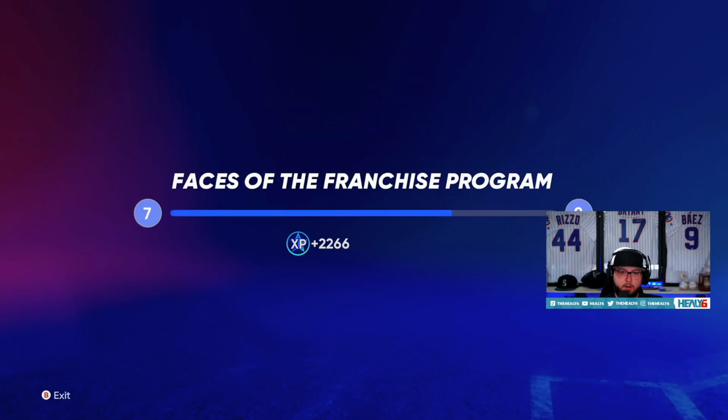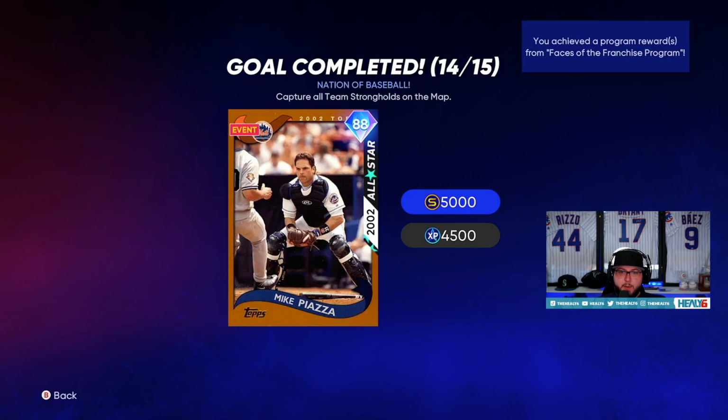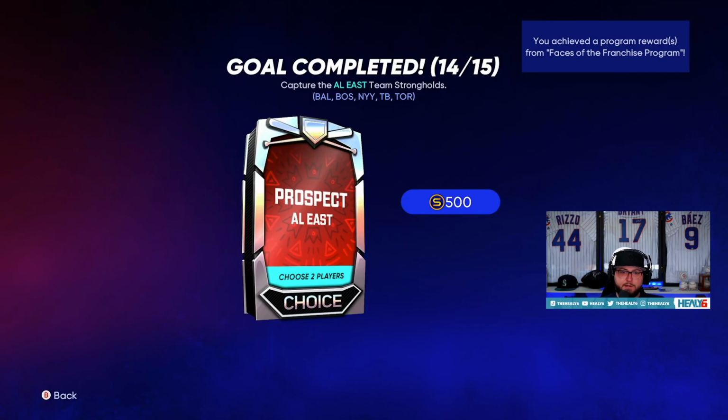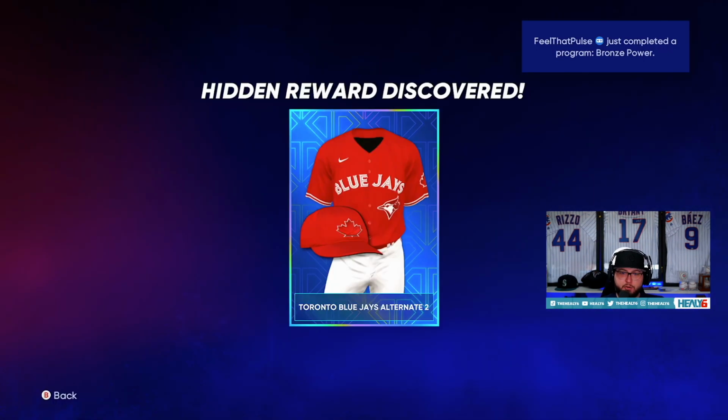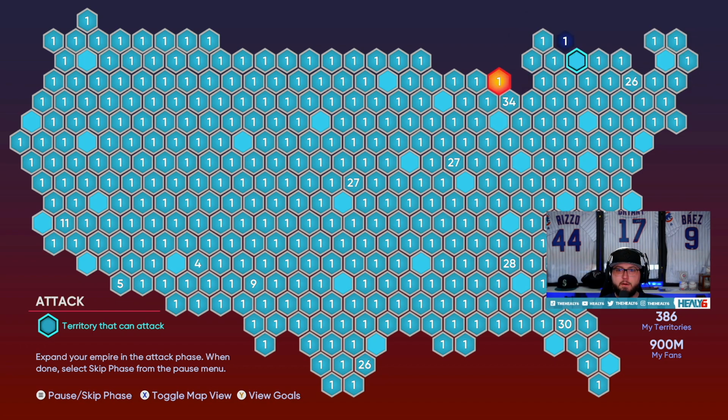Torque, we got up to parallel 1. We are done. We got Mike Piazza, we got Didi Gregorius, we got some prospects, the Blue Jays red uniforms, kind of sick. And what am I missing here? Oh yeah, I forgot, we have one more spot to cover